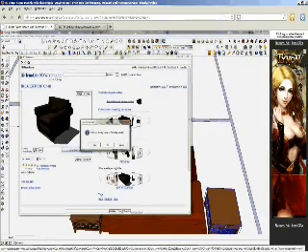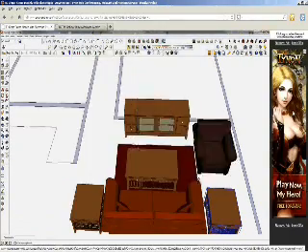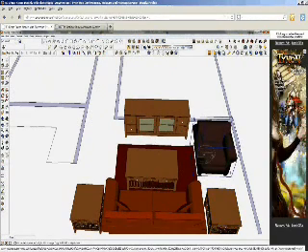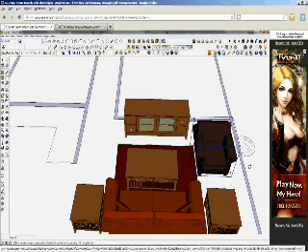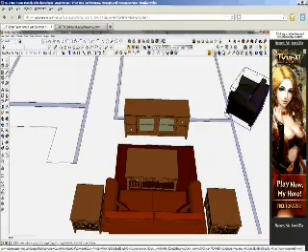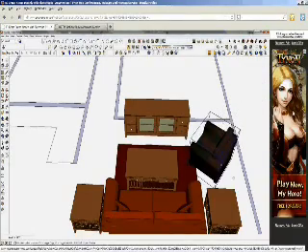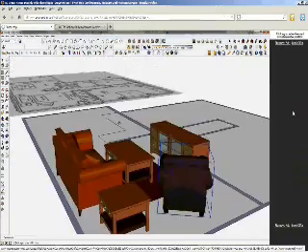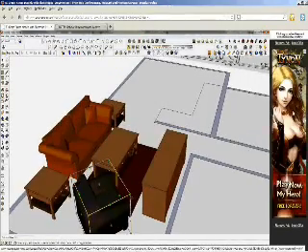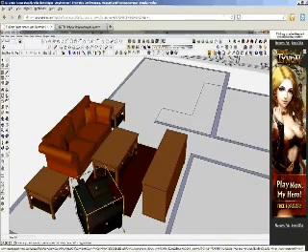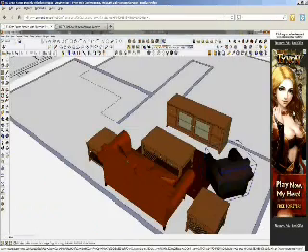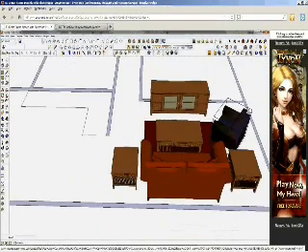Like this chair, I'm going to pull this chair in. Move that right here. I'm going to rotate it. And I'm going to move it over here. I'm going to scale it down just a little bit. Okay, so